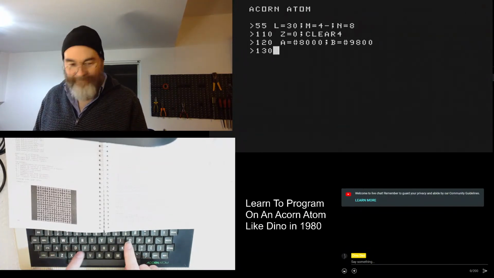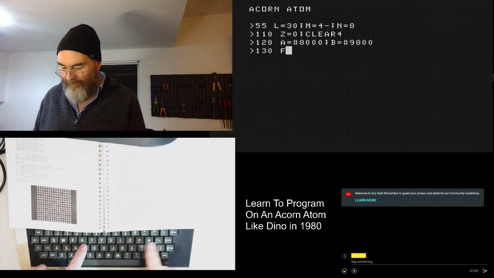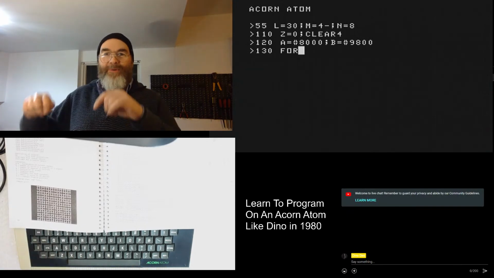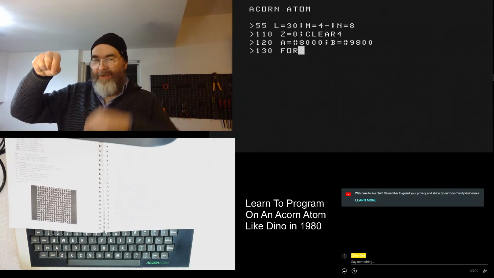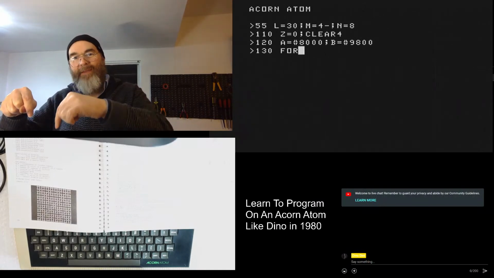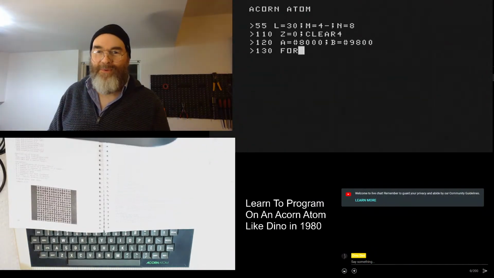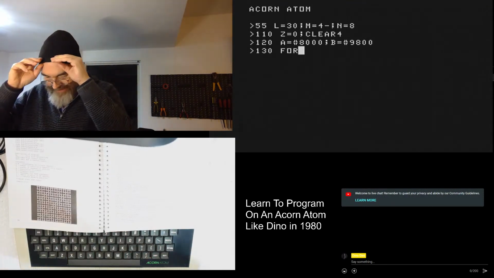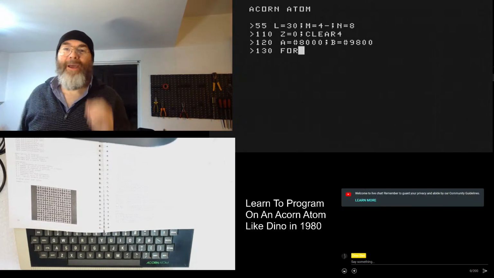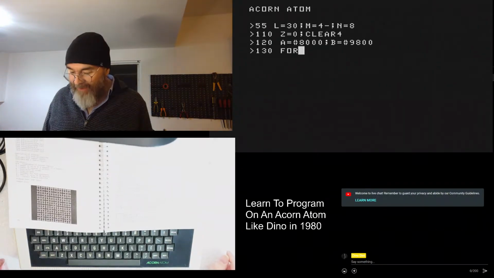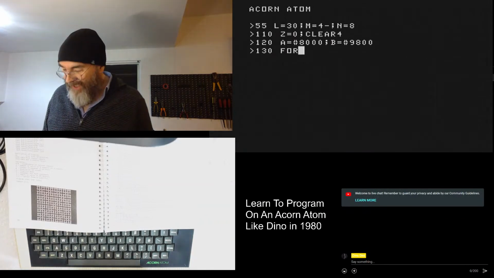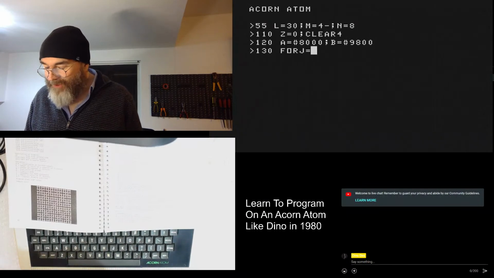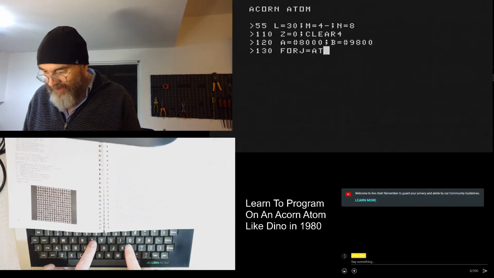For J, can't type too fast. It doesn't have 2-key rollover. If you hold down two buttons at the same time, or as you type, you hold down a button and you press the second button before you release the first. Modern keyboards handle that. It's called 2-key rollover. Acorn Atom didn't have 2-key rollover, so you've got to lift your finger up before you press the next key down. So 4J equals A to